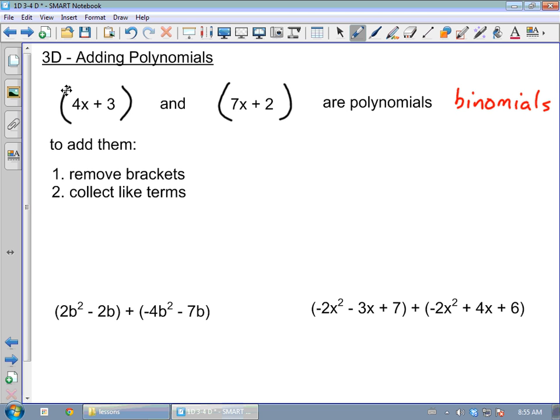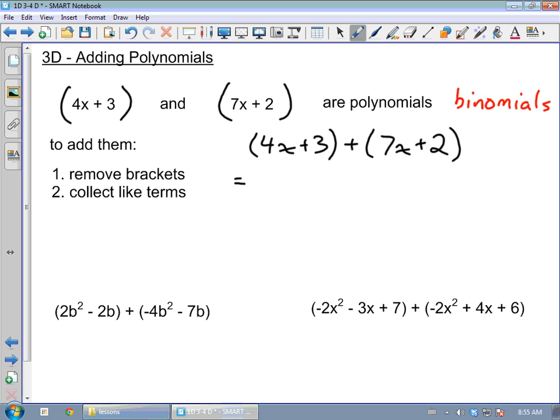So you want to put this down up at the top of the page. We want to do 4x plus 3 plus 7x plus 2. Okay. And the steps that we follow for adding polynomials are pretty straightforward. We just have the brackets there to let us know where one polynomial ends and the next one begins. When we're doing this addition, we don't really need those brackets there at all because we want to combine things from each polynomial together. So our first step is just to get rid of the brackets and write this as